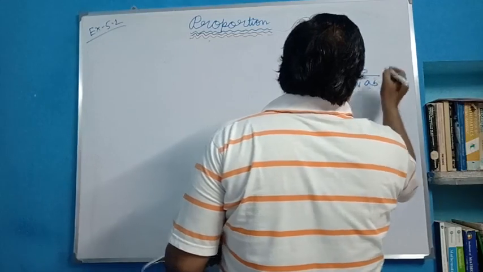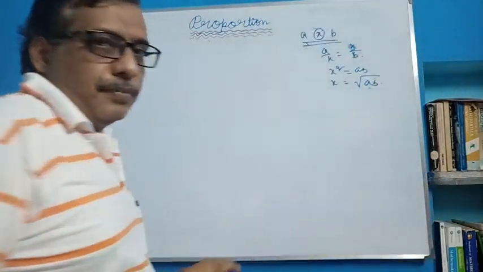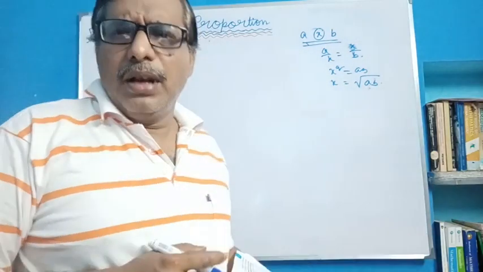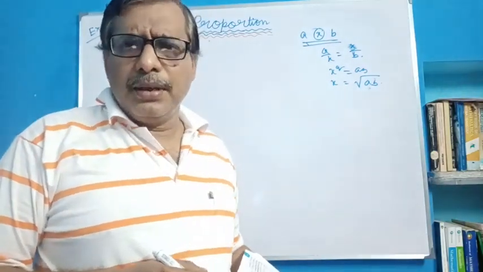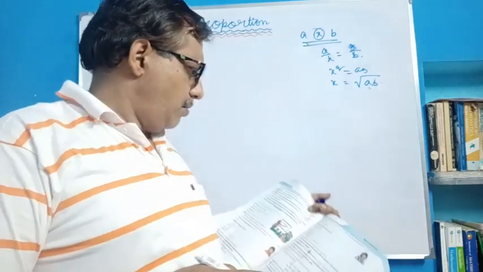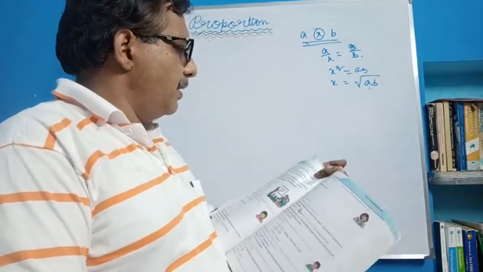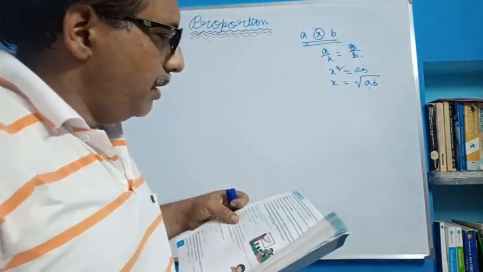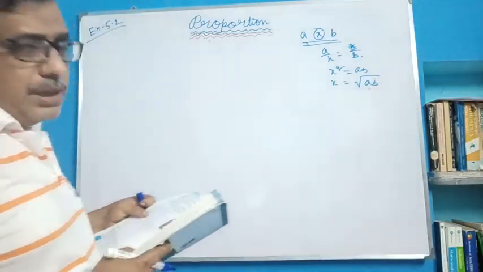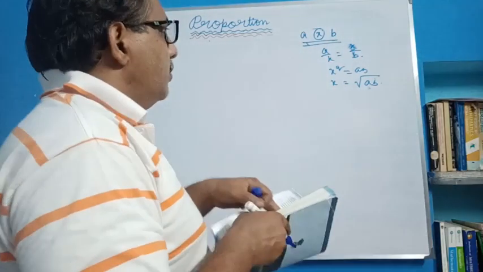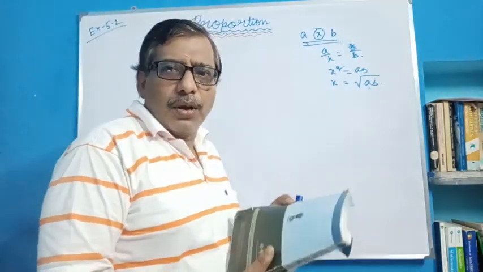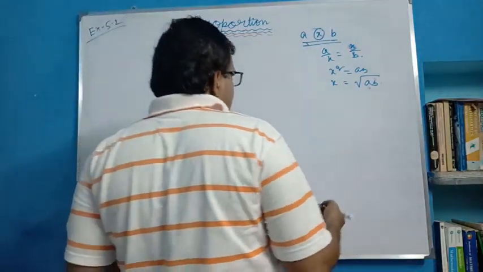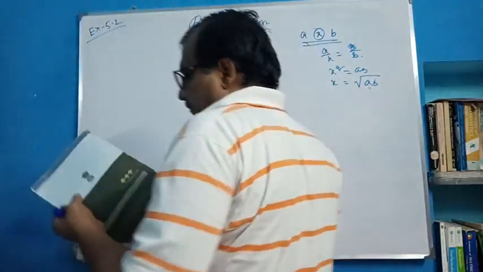If we find mean proportion, then a and b are both positive numbers. So we write positive sign only. Square root of ab. In this case, we do not take plus minus. Since in your question it is also given, find the mean proportion of the following positive numbers. So the product of two positive numbers is positive and their square root is positive. In this case we take positive sign only. You may write plus minus, then no problem at all.